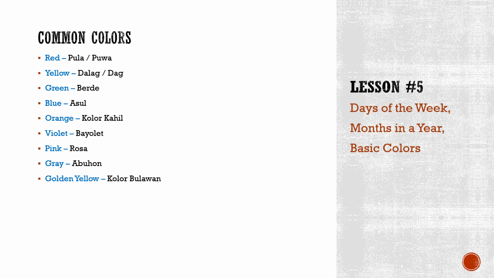Golden yellow or simply golden, you can say color bulawan. Bulawan is the Visayan equivalent for gold. So color bulawan simply means color gold or golden yellow. White, puti. Black, itom. Among these colors, I would say the more used translations would be for